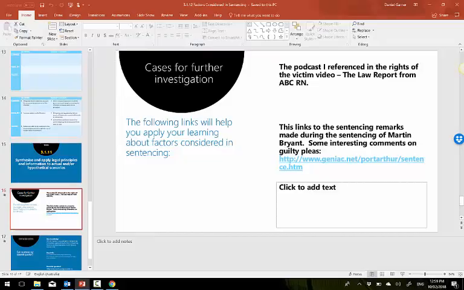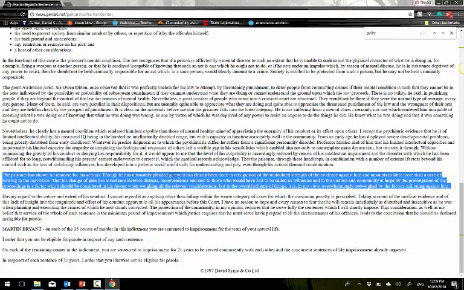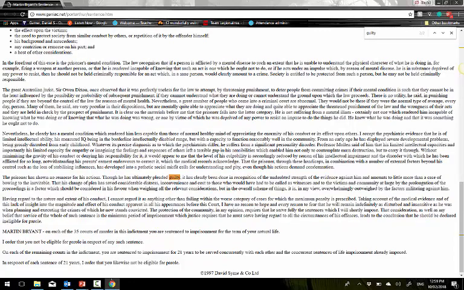So I'll discard those. And they are these ones here that I have highlighted. The prisoner has shown no remorse for his actions. Though he has ultimately pleaded guilty, it has clearly been done in recognition of the undoubted strength of the evidence against him and amounts to little more than a case of bowing to the inevitable. That his change of plea, because he was originally pleading not guilty, has saved considerable distress, inconvenience and cost to those who would have had to be called as witnesses, and to the victims and community at large by the prolongation, so increased length, of the proceedings is a factor which should be considered in his favour when weighing all the relevant conditions. But in the overall scheme of things, it is, in my view, overwhelmingly outweighed by the factors militating